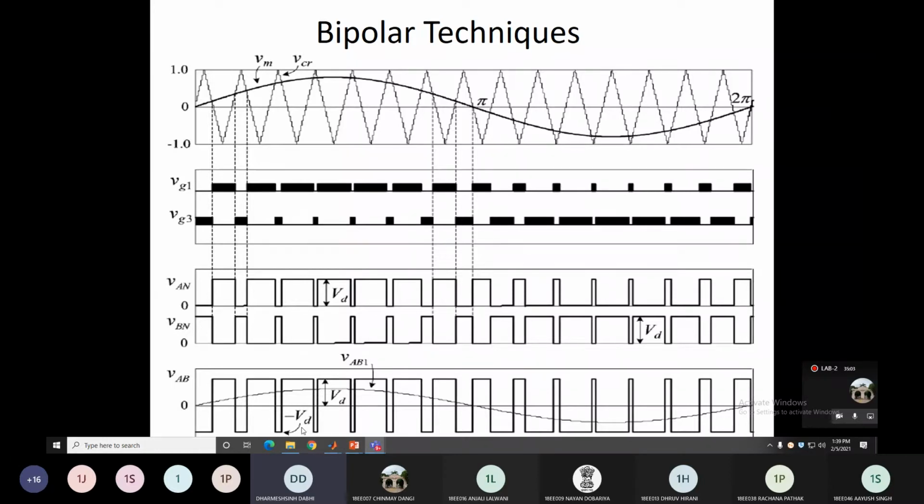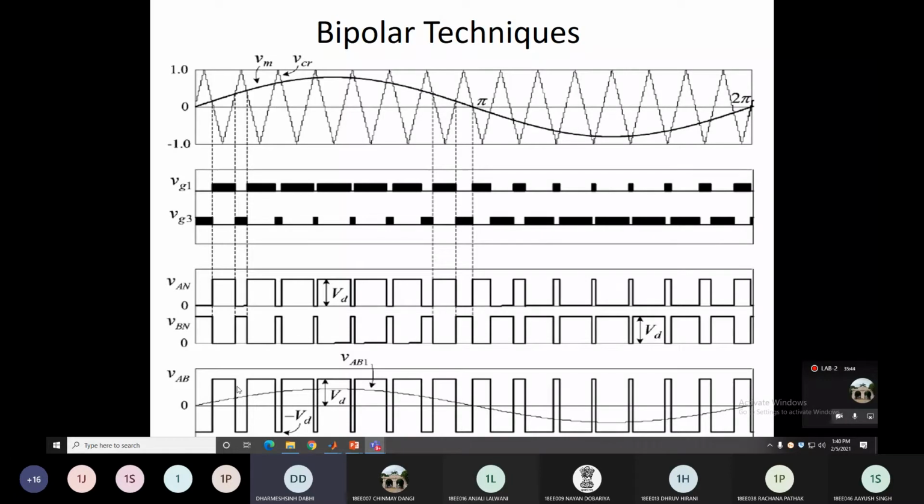You can see that in one cycle of your output, you get a positive pulse as well as a negative pulse. But if you take the average between 0 to pi, you get the positive magnitude. Because you can see the width of the positive pulse on the upper side is higher than the width of the negative pulse. So if you take the average at each and every angle and join these points, you get a sine wave like this. You can see here, inside this square wave I draw this sine wave. This sine wave is nothing but the average points joined at each and every angle.